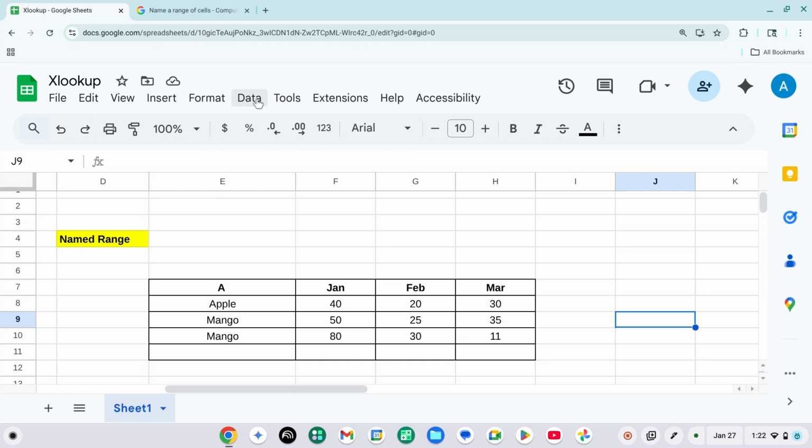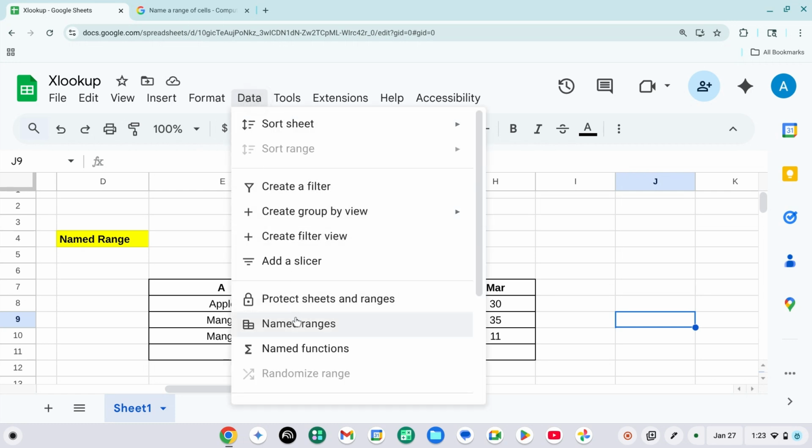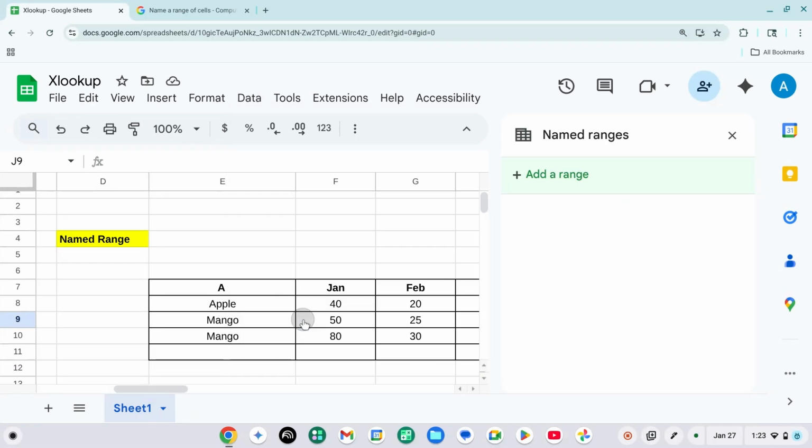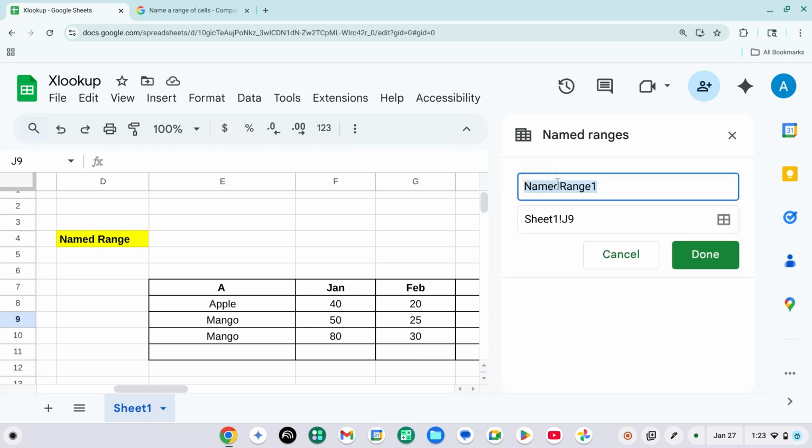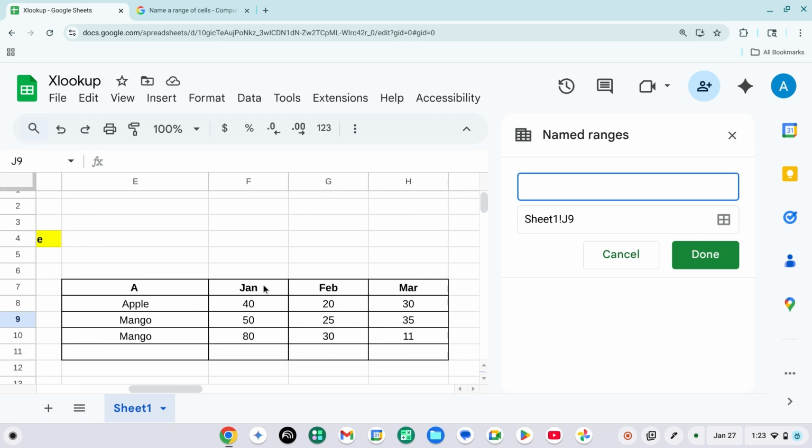So first we need to go to Data, and then you can see the option called Named ranges. Click on it, and then you see a little box here with a plus symbol. You need to click Add a range, and by default it says Named range 1. You need to change that so that you remember it in the future. So I'm going to give this table the name sales